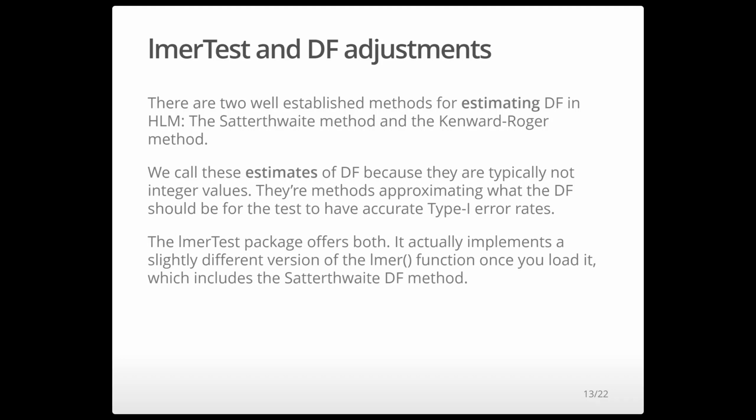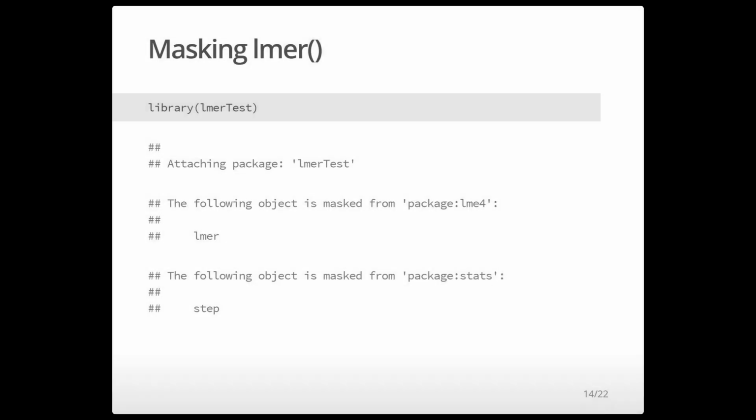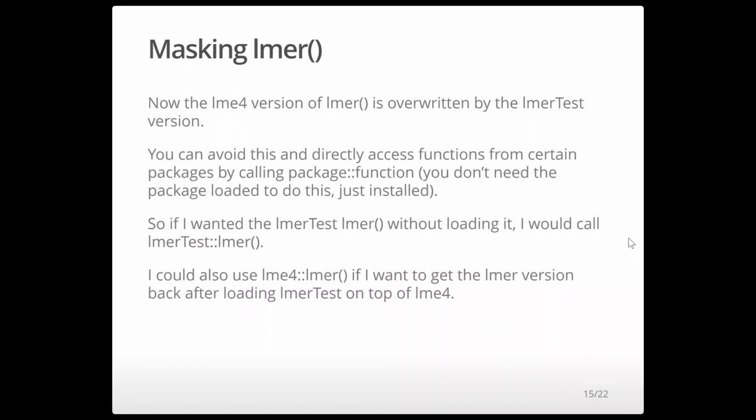We can get these degrees of freedom estimates with the lmerTest package, and it implements both of them. And it does this by actually overwriting the lmer function. So once you load lmerTest, that gives you a slightly different version of the lmer function that includes the degrees of freedom methods. I usually hide these warnings in these slides, but here I'm showing you what happens when I load lmerTest. What should happen when you load it is we get this message that says we're attaching the lmerTest package and that we're masking an object from lme4, and this object is lmer, which is obviously a function that we're using all the time. So what this means is the lme4 version of lmer has been overwritten by lmerTest,